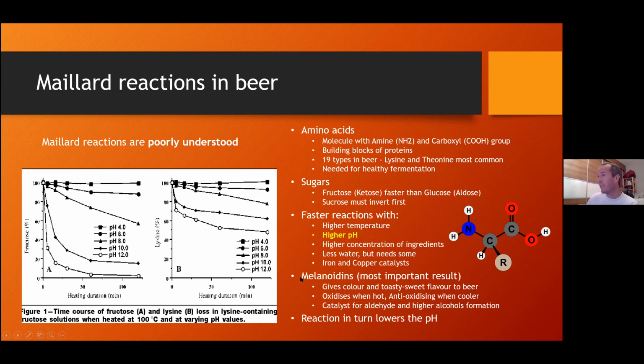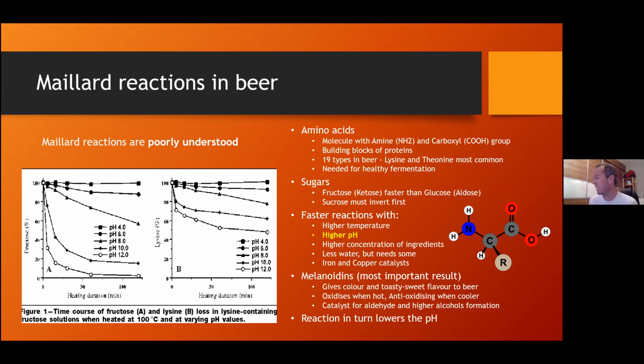The main thing you get from Maillard reactions are called melanoidins, and you might have heard of melanoidin malt. Munich malt also has a lot of them. Melanoidin malt's often called Munich malt on steroids, and it's really what they are. They're trying to increase the amount of melanoidins. These are really large molecules. We don't really understand them that well.